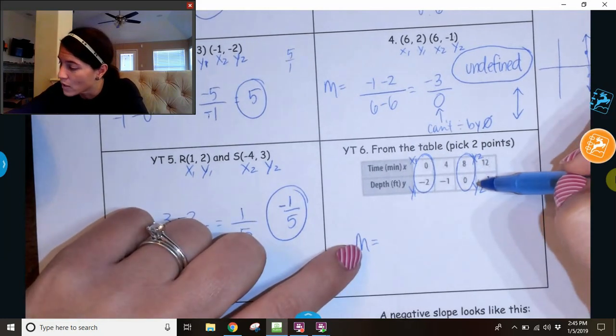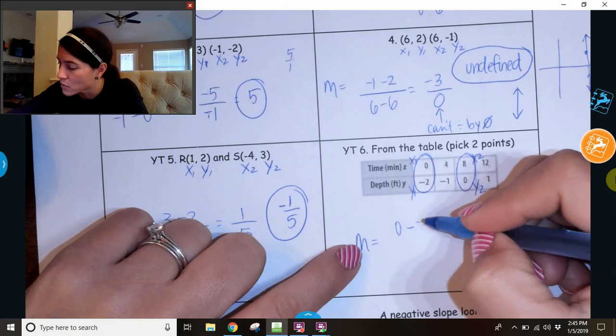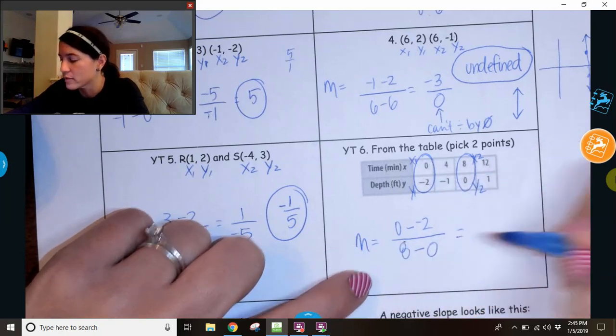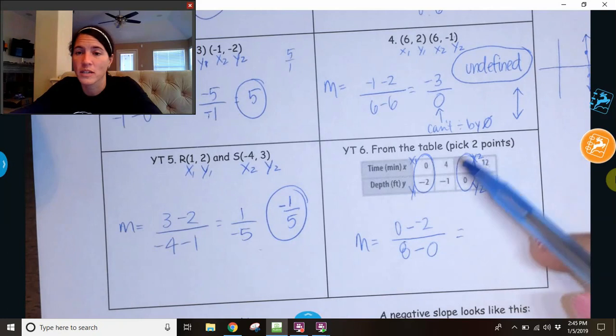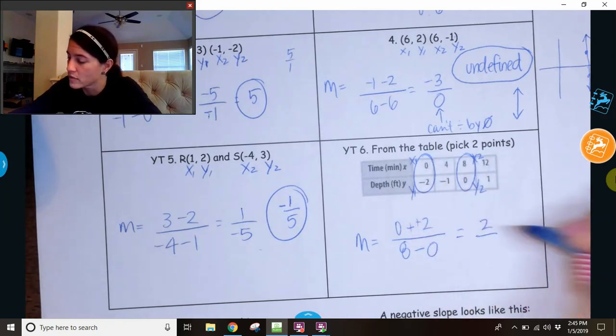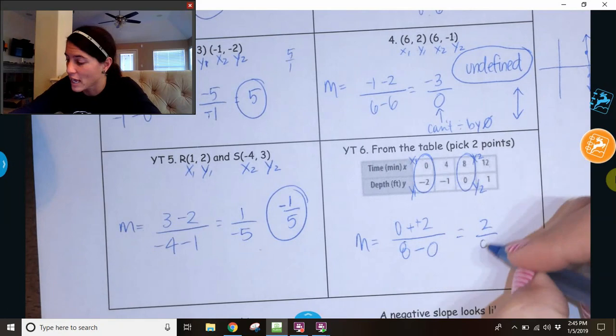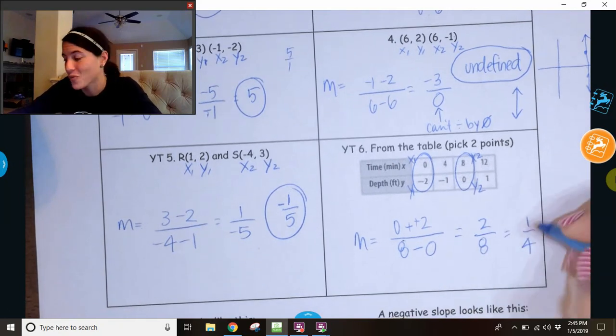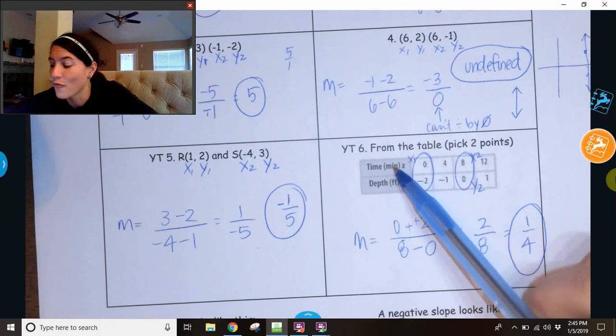All right, so y2 minus y1 and x2 minus x1. So y2 minus y1, x2 minus x1. 0 minus -2 would be +2. 8 minus 0 is 8. Again, we have a positive, but we can reduce. So 1/4 would be my slope. So 1/4 would mean